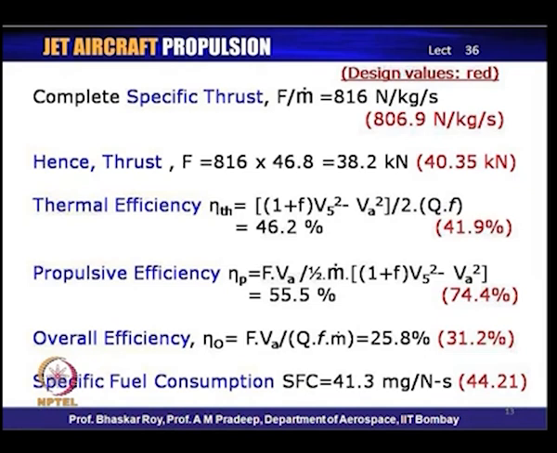Correspondingly, the fuel consumption that we get is calculated using the fuel air ratio that we have got. The SFC is nothing but the fuel air ratio divided by specific thrust, and if you do that, you get a value of 41.3 milligrams per Newton second. This can also be expressed in terms of kilograms per Newton hour, and contrast that to